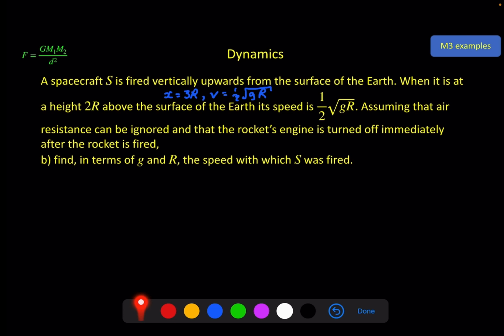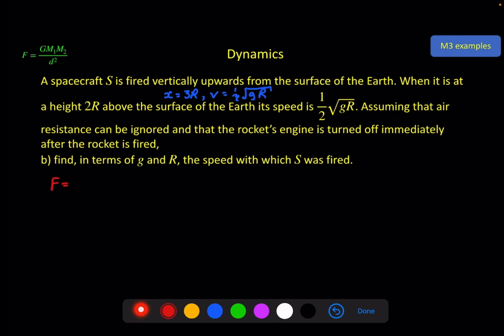So this is a very unrealistic situation. I'm sure you know that when a rocket engine is fired into space, it is not turned off immediately, it burns for quite a long time, and at those sorts of speeds, air resistance certainly cannot be ignored. But we're not worried about being realistic here, we're just trying to apply what we know to a very simple model. So we're trying to find the speed with which S was fired,